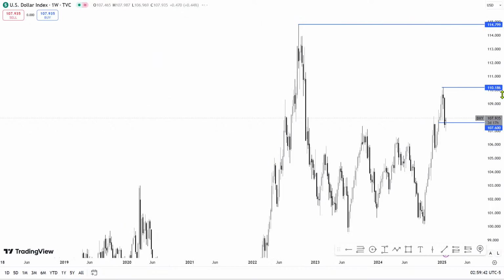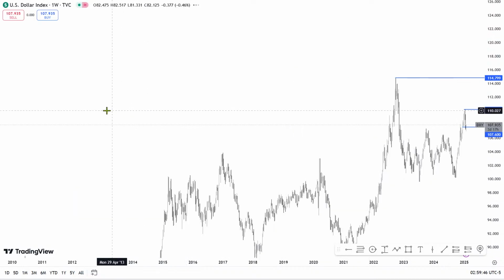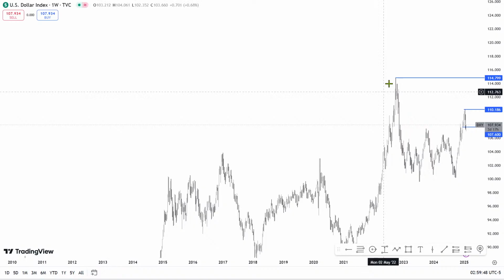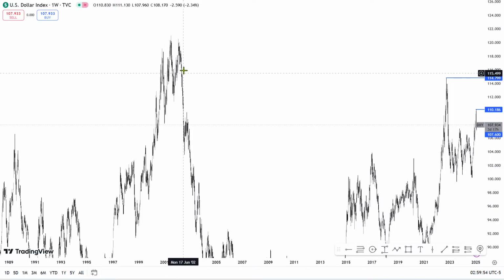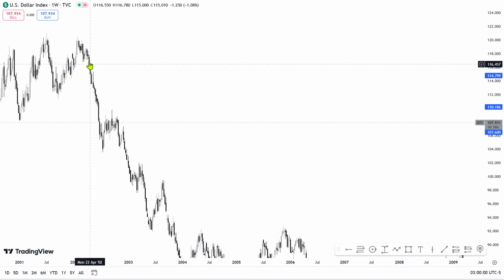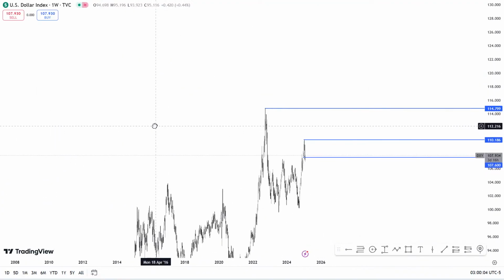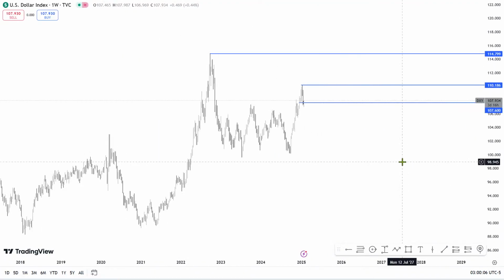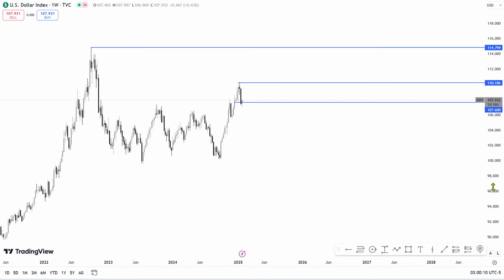Also, if you check clearly, you're going to see that there is a fair value gap residing above that old high. There's a fair value gap right there. You can see the fair value gap here residing above the old high. That's the drawn liquidity for the dollar index, and it's important that you start doing analysis from the dollar, because the dollar is the benchmark asset